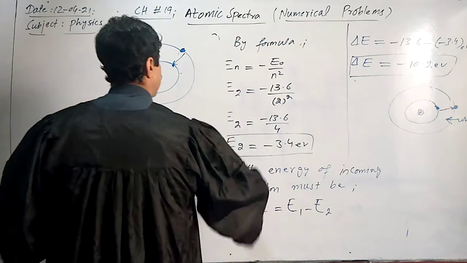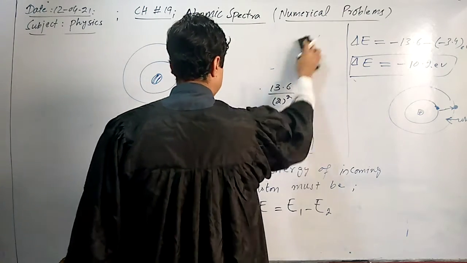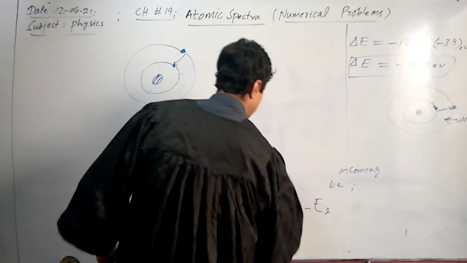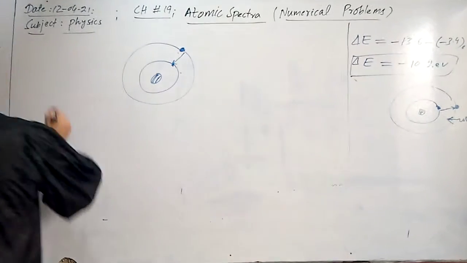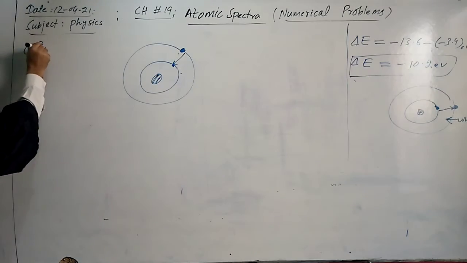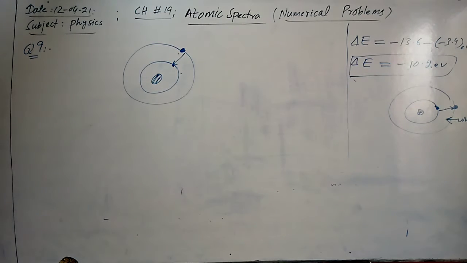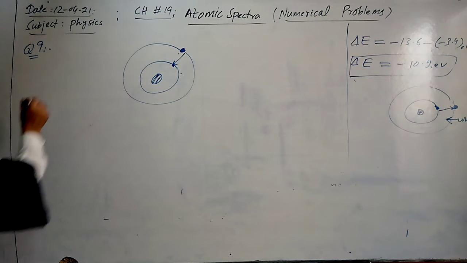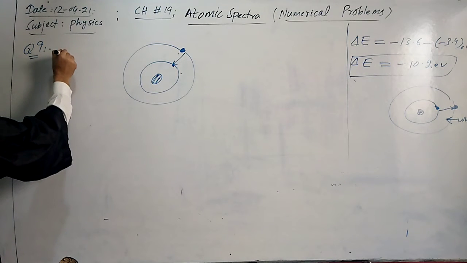Now we have to calculate three things: energy of photon, frequency of photon, and wavelength of photon. So here also E1 is equal to minus 13.6 electron volt, and we have recently calculated that E2 is equal to minus 3.4 electron volt. So the given data is